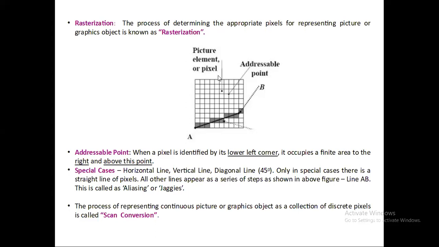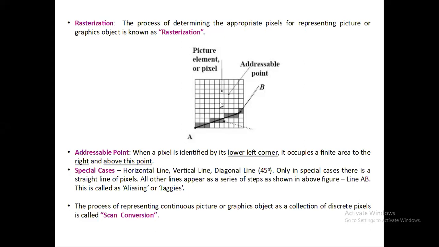Okay, now as I told you, your screen is considered a two-dimensional grid. So whatever squares you are able to see here, this grid, you can consider as the output screen. These are the horizontal lines and vertical lines. Here each and every square is a pixel. Okay, so I have just pointed out that this is the pixel, picture element or pixel. So each and every square here is a pixel.